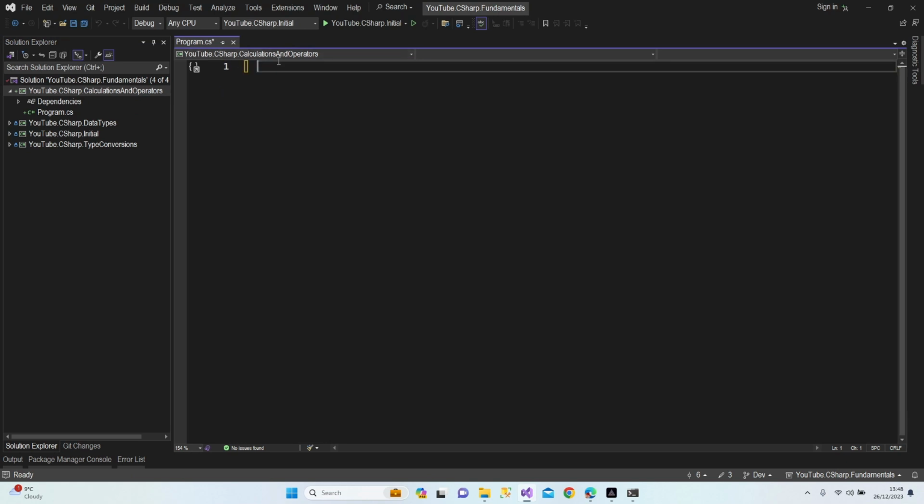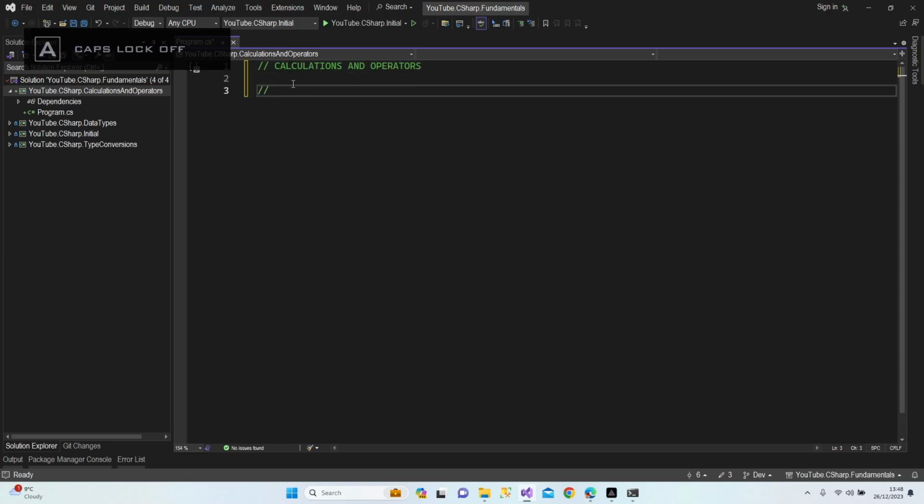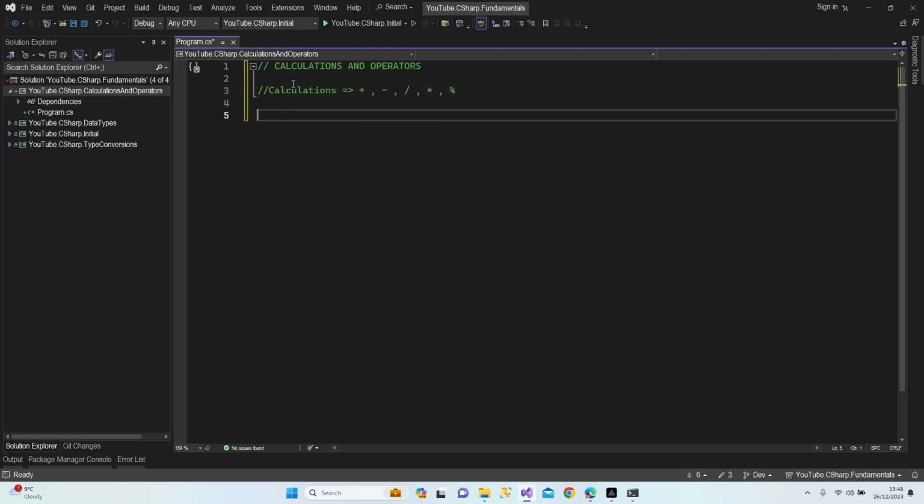Perfect. Let's clear here. Type a title, calculations and operators. Let's start with the calculations, guys. And they are going to be addition, subtraction, division, multiply, and modulo. So I'm going to teach you each of them step by step using our value type data